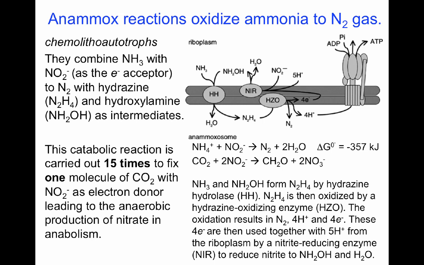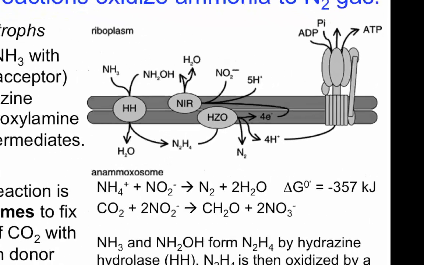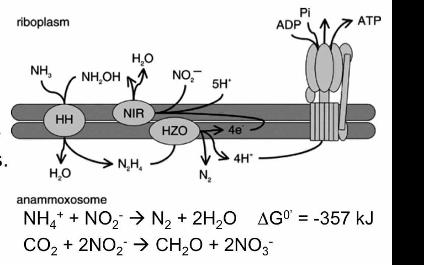This microorganism is a chemolithoautotroph and is going to combine ammonia with nitrite as the electron acceptor, and eventually that is going to take nitrite and produce nitrogen gas using hydrazine, which is an N2H4 intermediate, and hydroxylamine as an NH2OH intermediate. Now, this reaction is shown over here on the right, and we're going to look at 3